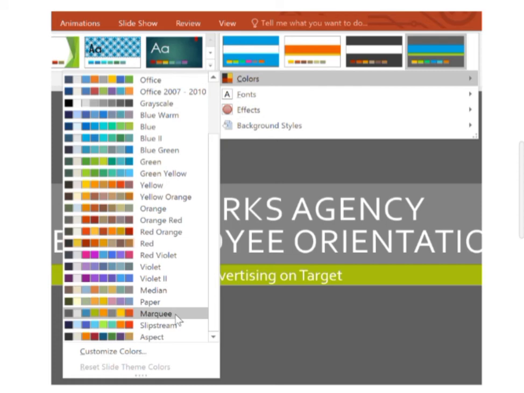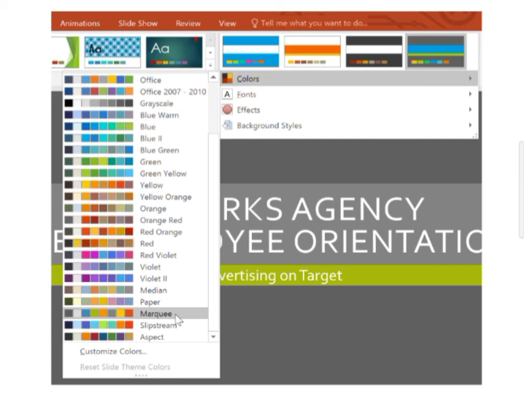Modifying theme. Now we can also change the theme. We can also create a theme for our present slide. If you want to make some changes in a pre-designed theme before applying it to your presentation, PowerPoint allows you to modify its fonts, colors or line and fill effects like this.